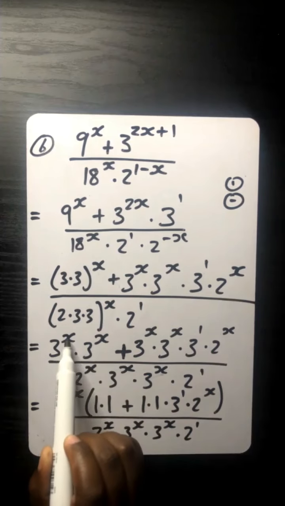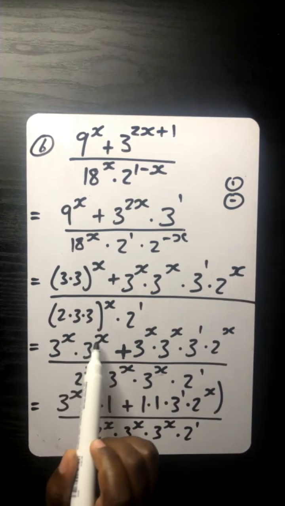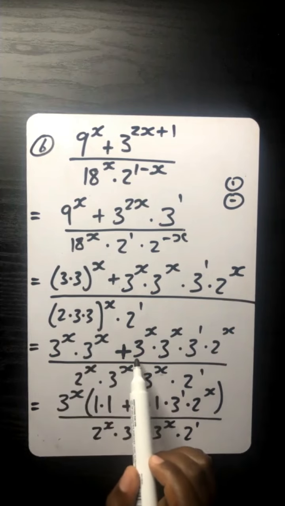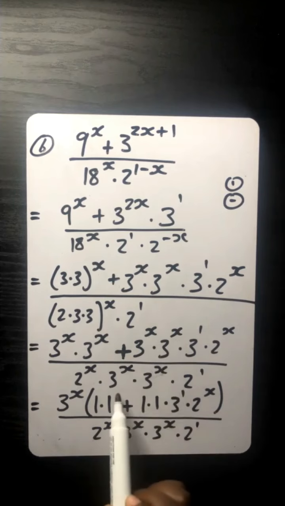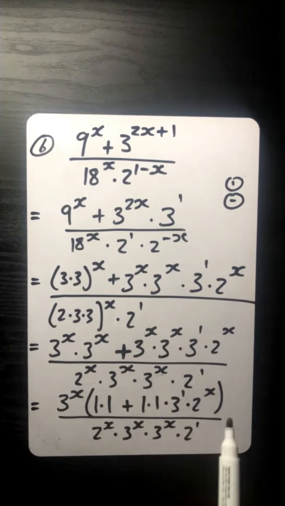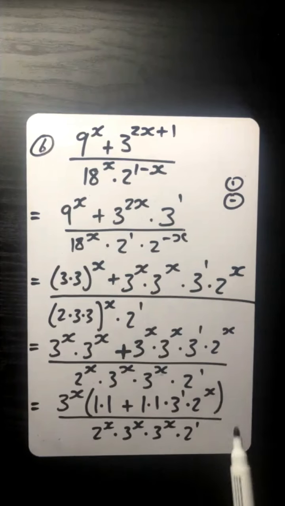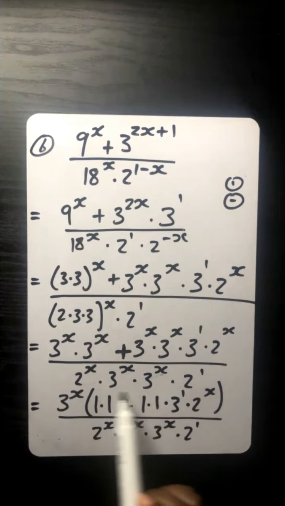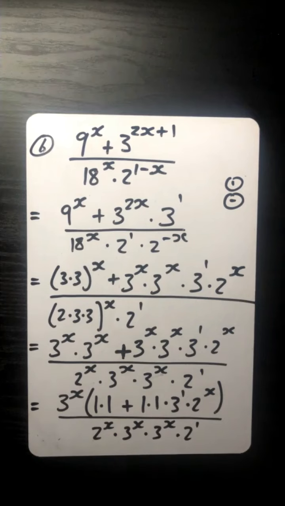We've got 3 to the exponent x times 3 to the exponent x, which is the same as 3 to the exponent 2. Also there, we've got 3 to the exponent 2 at the bottom, of which they can cancel each other out. So there's something I'm suspecting about this step at the bottom, because now when we take out